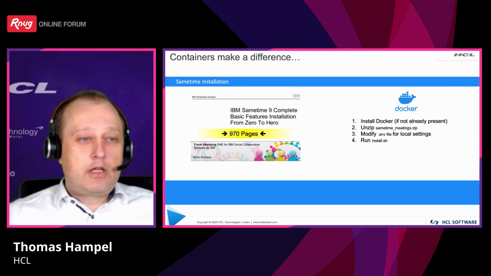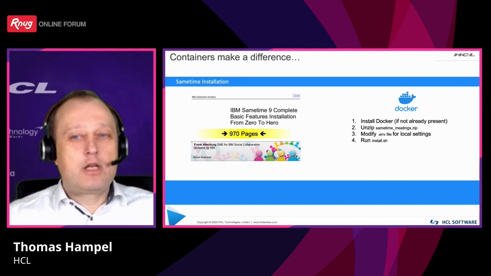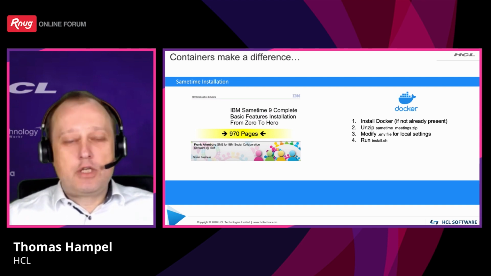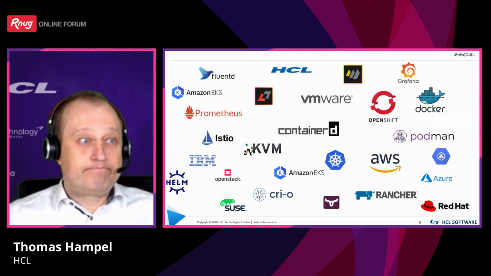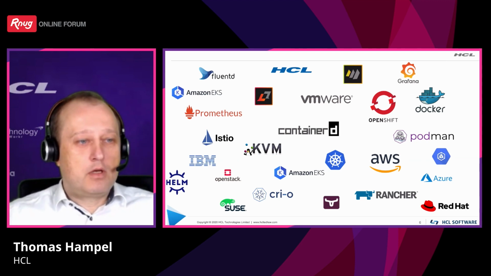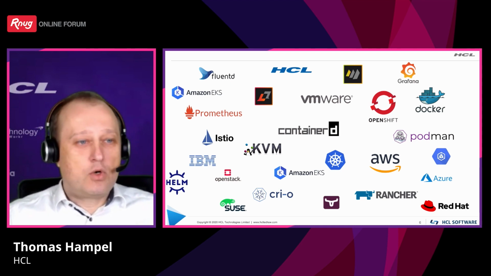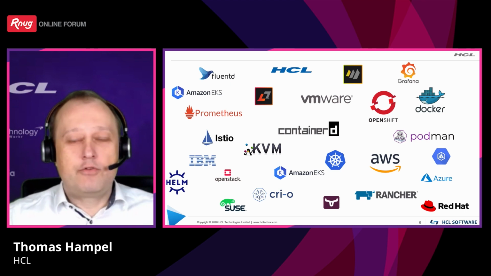Now you will realize that when looking into the Docker and container world, all of a sudden there are a number of new technologies, a number of new logos popping up that all seem quite confusing. Containerd, OpenShift, AWS, Rancher, Helm charts, and so on and so on. And this is just the beginning. I mean, if you look at the